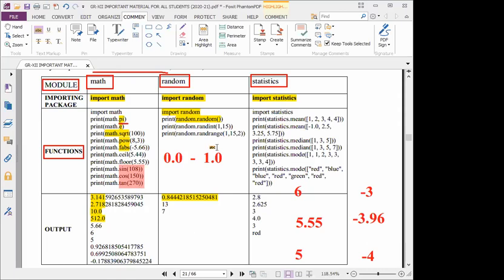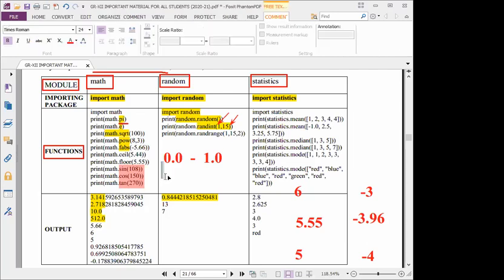Yes, sir. Then the next function is randint. Randint of 1 comma 15. This we already know from the looping concepts, the range function: start value, stop value and step value. Here randint means we are just giving start value and stop value, 1, 15. It will make a list of values. What will be the list of values for 1 comma 15?